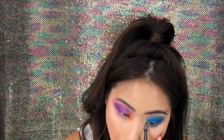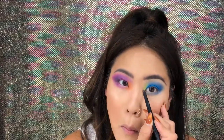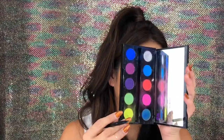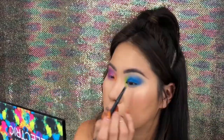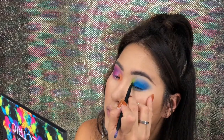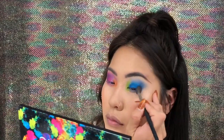bit of that yellow flash color palette color in the inner corner to make my green a little bit more vibrant. The green in the Urban Decay palette is a little bit more of a chartreuse, so I wanted to put something underneath just to make it pop a little bit more, just to give my rainbow effect a little bit more vibrancy. So I just did that, and then as you blend it over the blue, it creates this third color that blends in with the bright blue color, so it's a really cool effect. So I'm just blending it and putting it on,